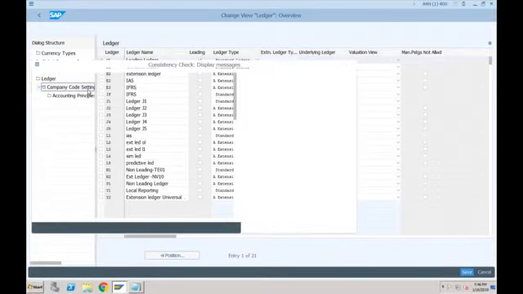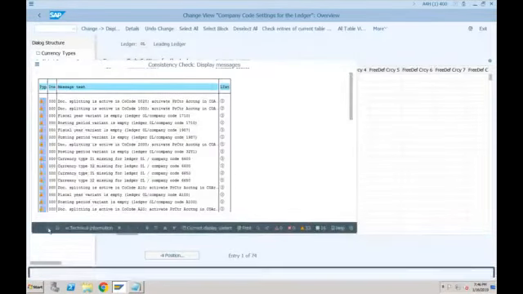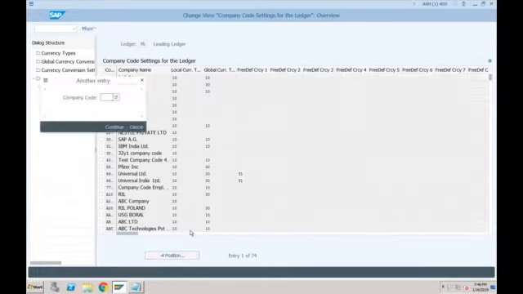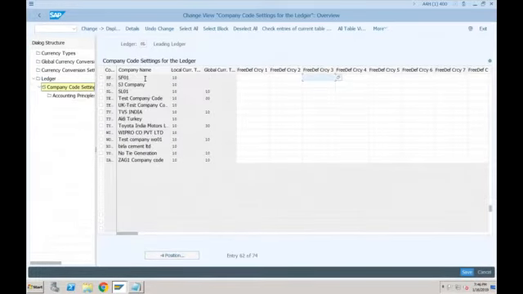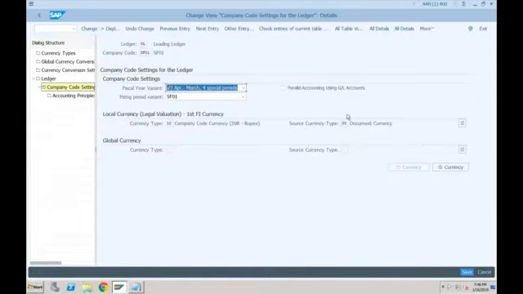Let me just double click on this. Let's go to a particular company code. So let's say our company code is F01. And here you can see, I already showed you last time. You have a company code currency, you have a controlling area currency. Now in SAP S4HANA, the number of parallel currencies which were restricted to 2 earlier, we have up to 8 currencies. It is not mandatory that you have to use it.